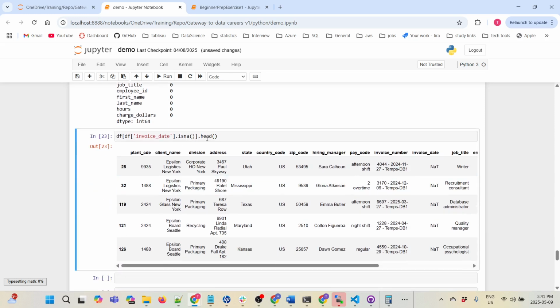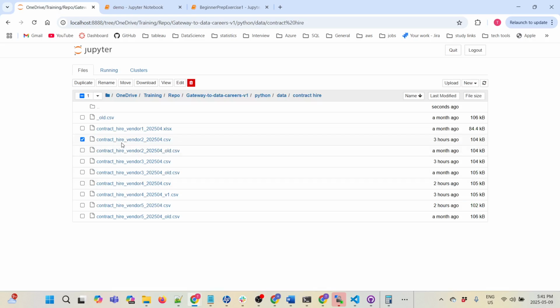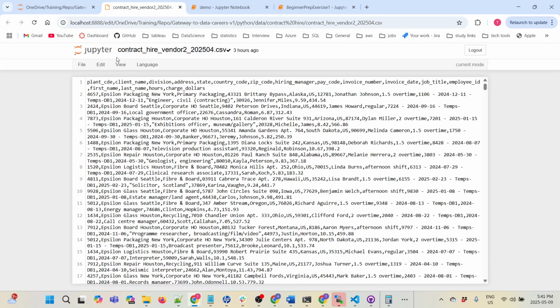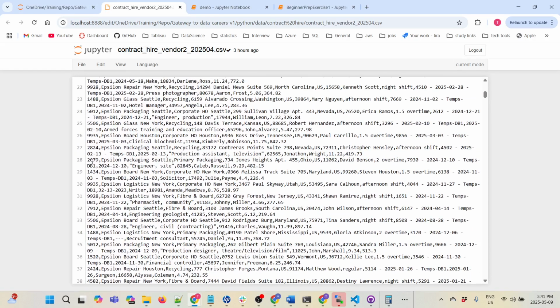Okay, so here we can see whenever there is a null value for the invoice date, these are the values. Row 28. Let me try to open this file maybe. So row 28, if you check